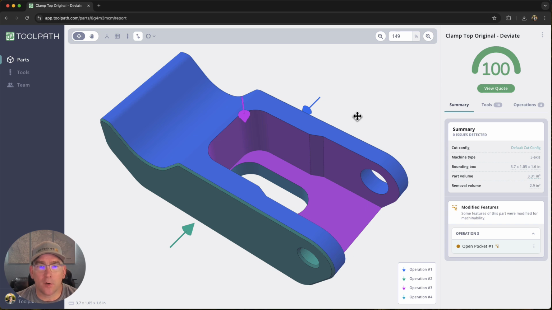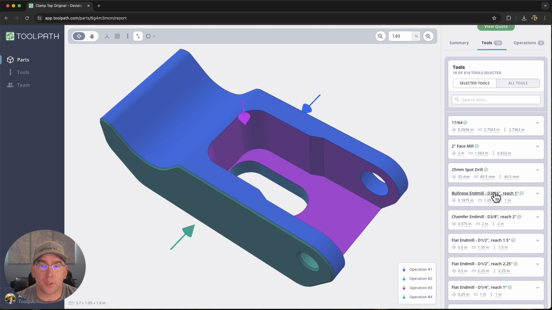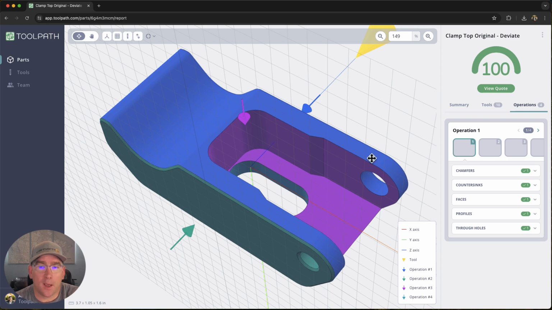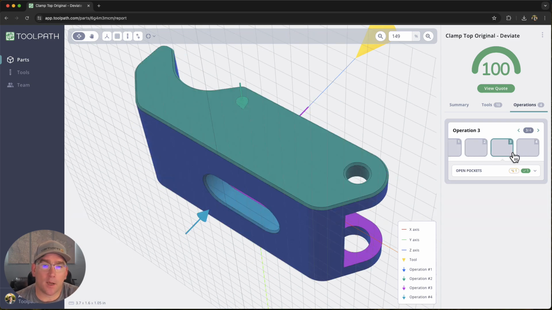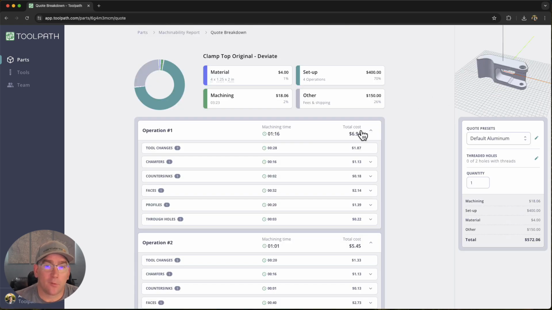So just as a quick review, we've got the part here in Toolpath. We've understood the tools required to machine the part, and that's based on your tools. If you're using a trial, then the sample set of tools, but this is based on a specific set of tools to analyze the part's machinability. And we've also identified the required setups and operations that are going to be used to machine that part. All of this is done by calculating a full Toolpath strategy in the background to ultimately come up with the quote, the estimate that evaluates what the cost is going to be associated with these strategies and with the number